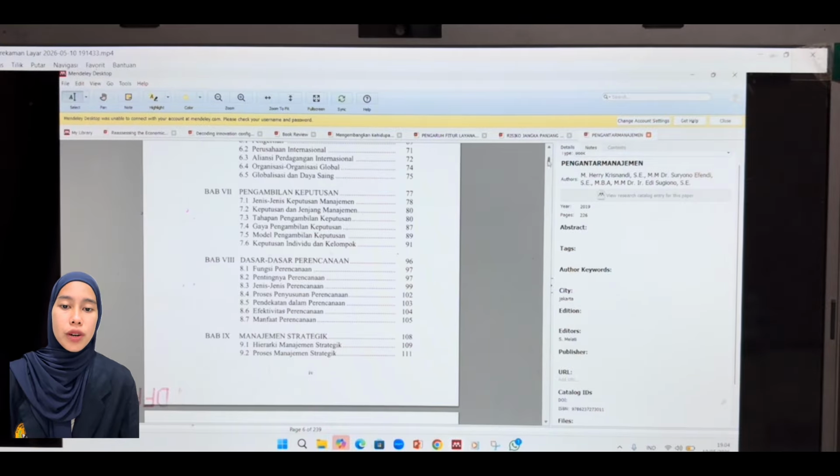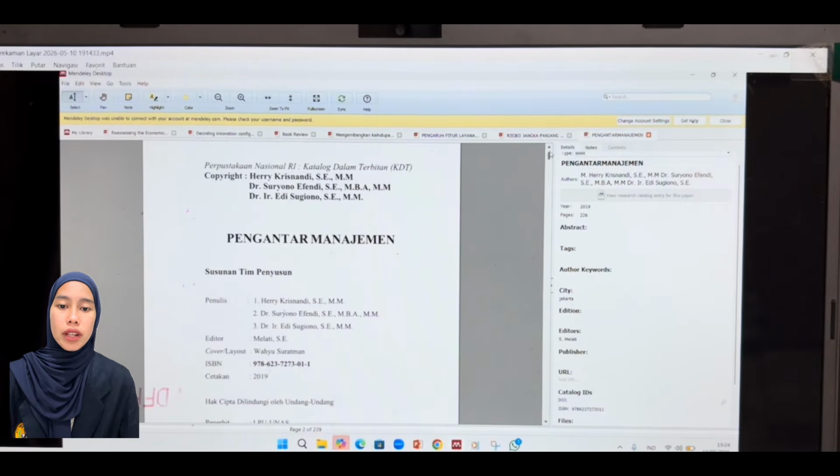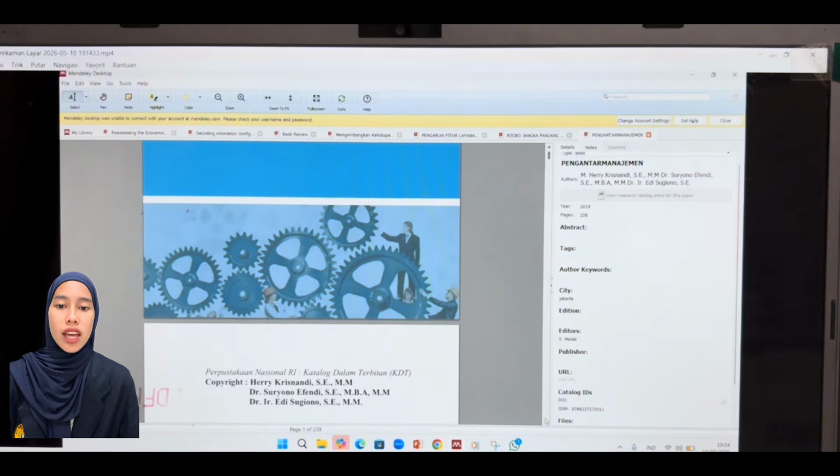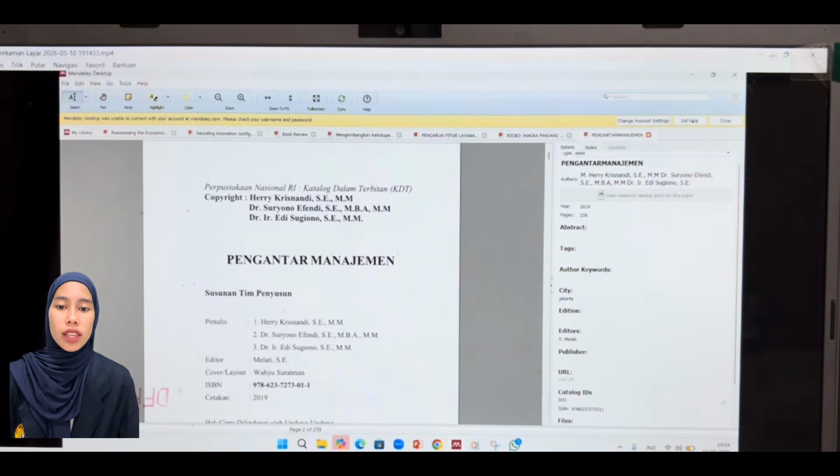In addition to the title and author, make sure the publisher and year fields are filled in. If the information is available in the book, it's a good idea to also manually complete the city and edition fields.